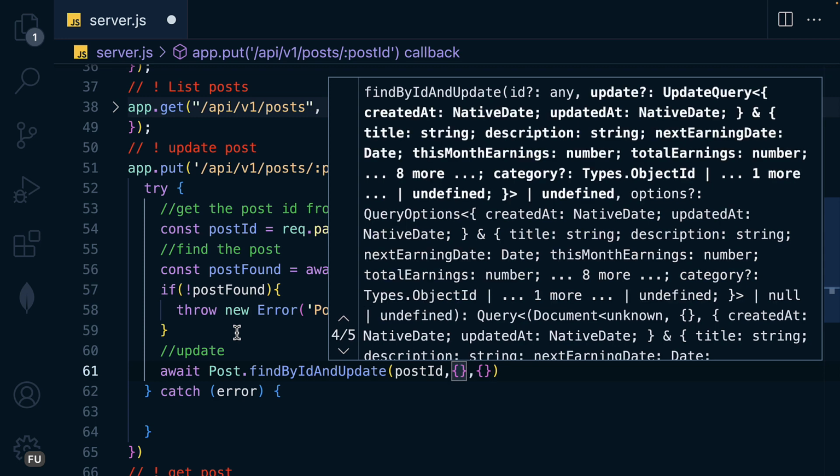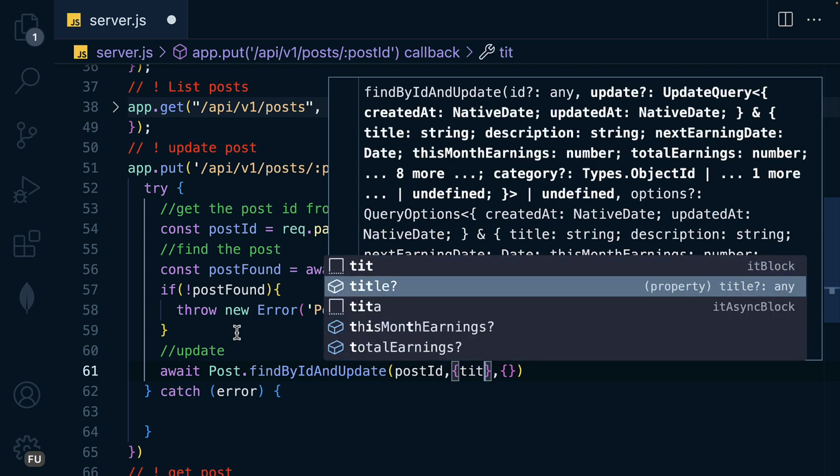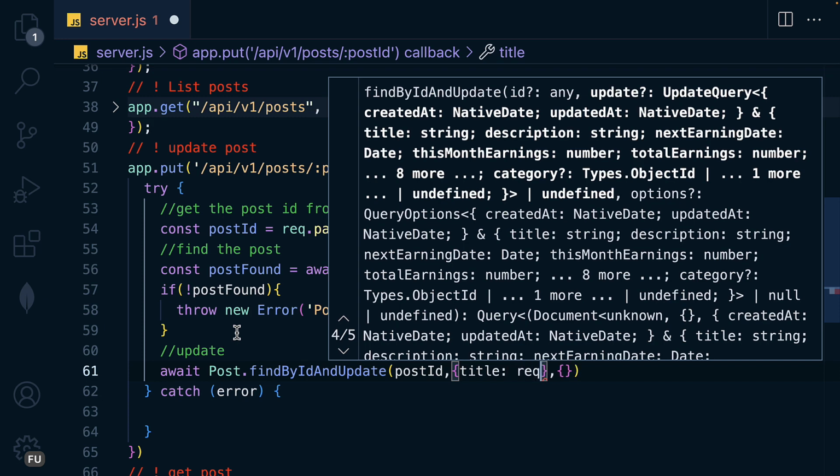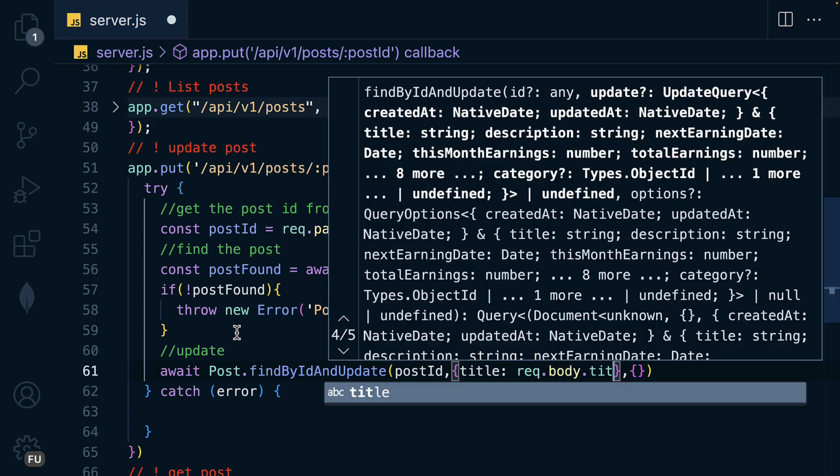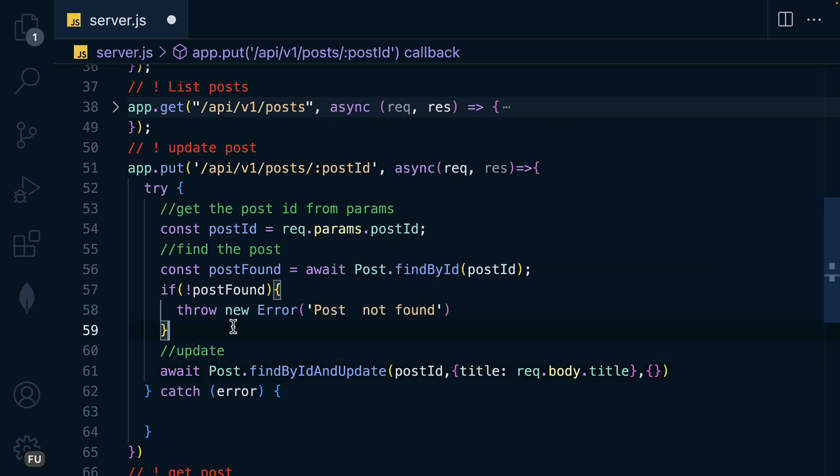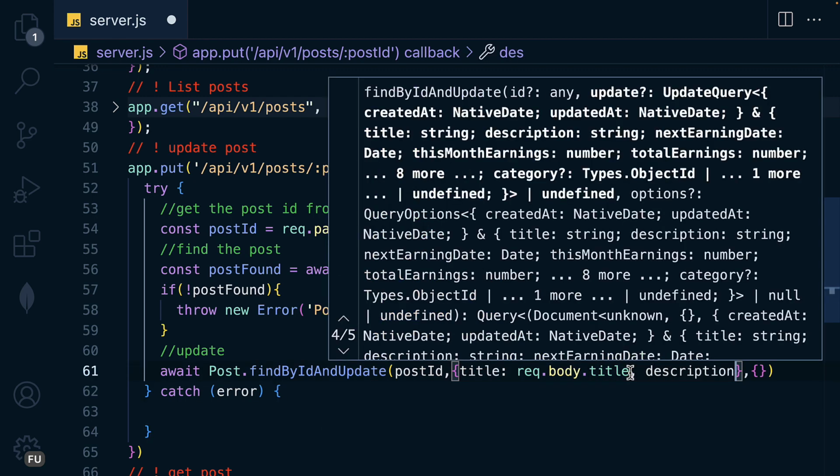So here we want to update the title, so here is going to be req.body.title. Remember, we have access to the request from the client side on the req.body, and then we also want to update the description, and the same we have it as